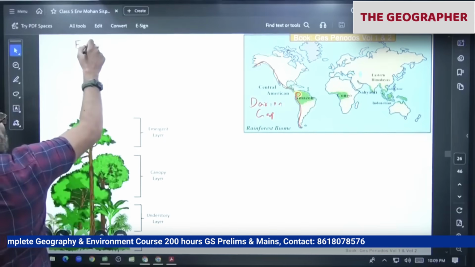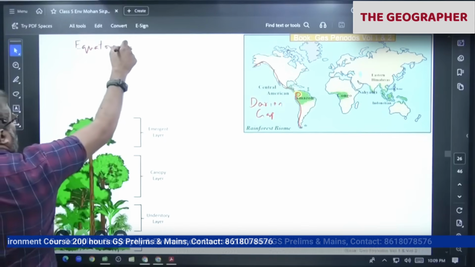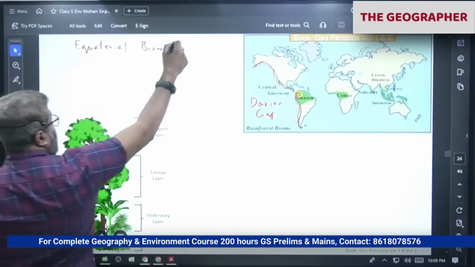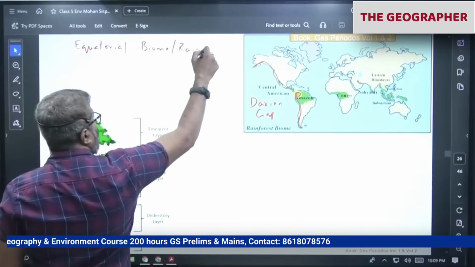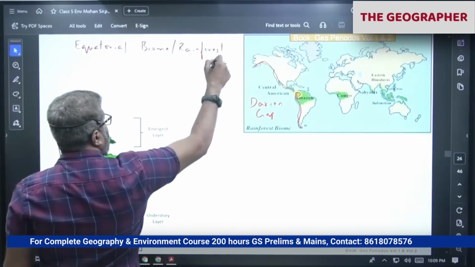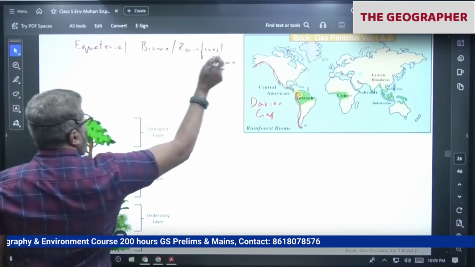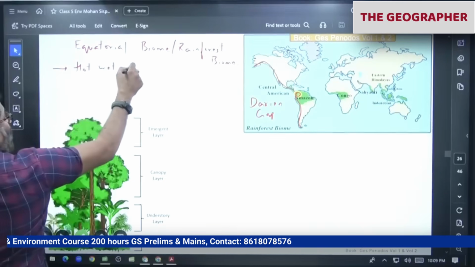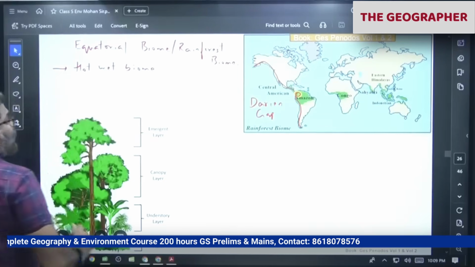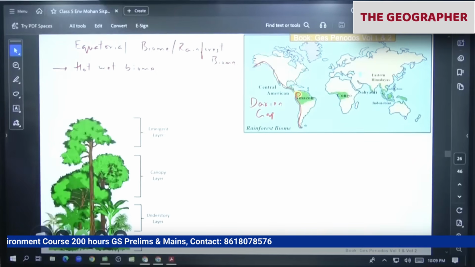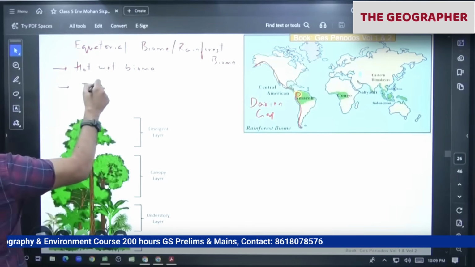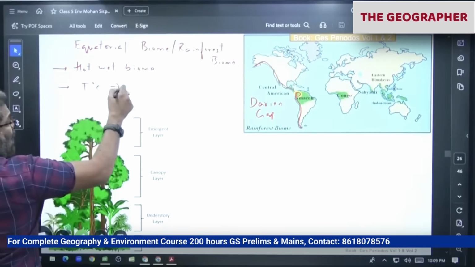This is called the equatorial biome, also called the rainforest biome, or the hot wet biome. In many books, different names have been given. Okay, hot wet biome. So temperatures, notice this temperature,